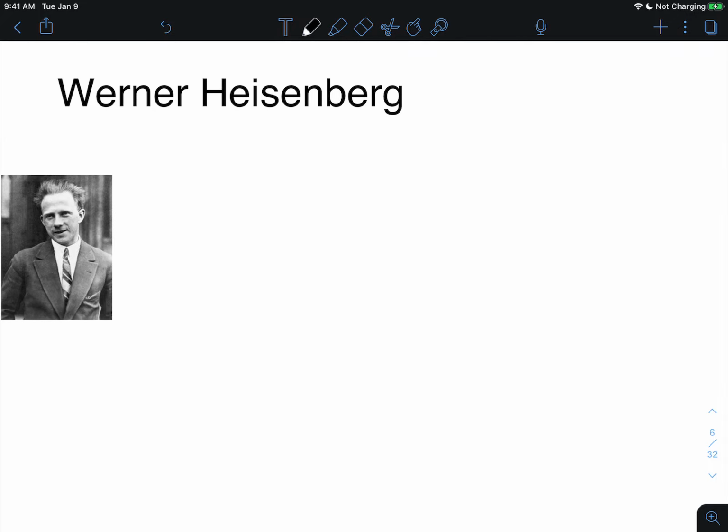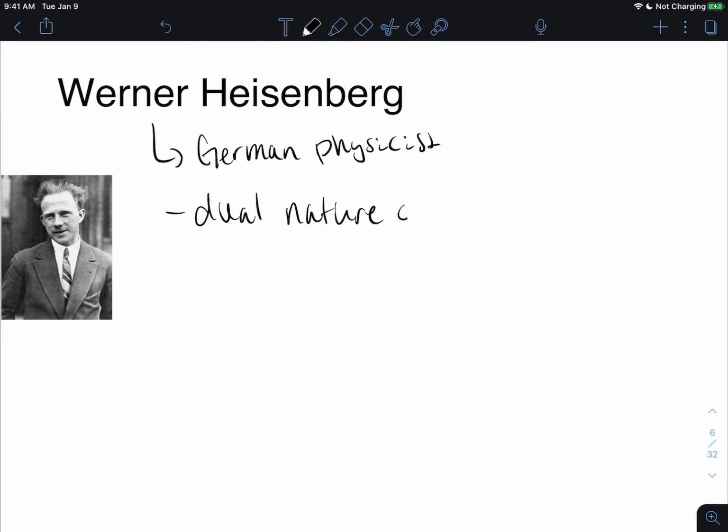Okay, let's move on to our next physicist we're going to be looking at. This is a German physicist, Werner Heisenberg. And he now is like, okay, we have the dual nature of the electron. So if an electron behaves as a wave, it has to behave as a wave. So since an electron is considered a wave,